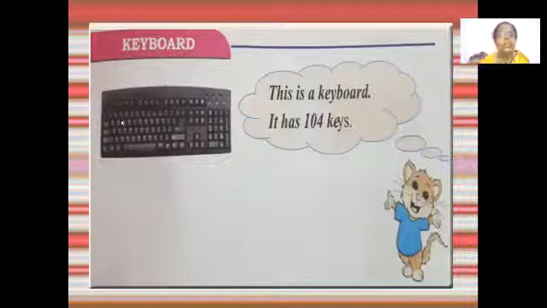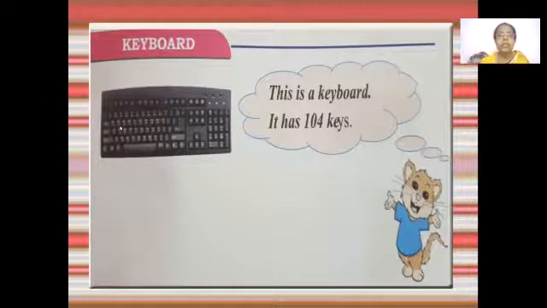Next is your keyboard. On this keyboard, you can find alphabets like A, B, C, D. You can find numbers 1, 2, 3, 4, 5, 6. I think you used the keyboard when you came to my room. Okay. You have other keys like the enter key. Okay. Arrow keys to go up and down. You typed numbers and you typed alphabets in the room. Yes, children? And how many keys are there on this keyboard? There are 104 keys on a keyboard. Those are the important keys.